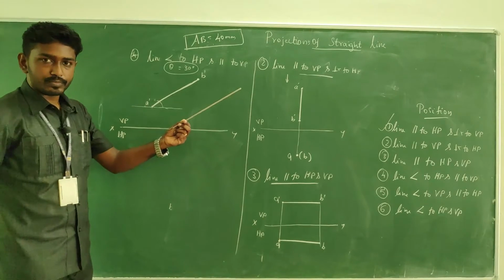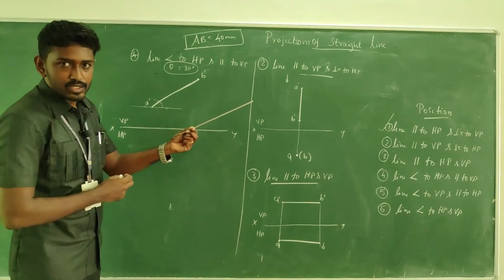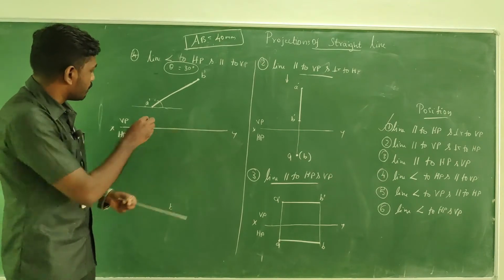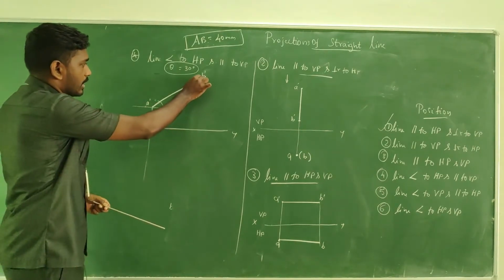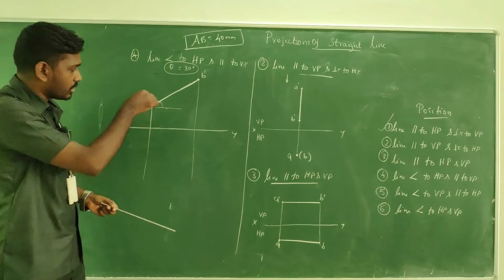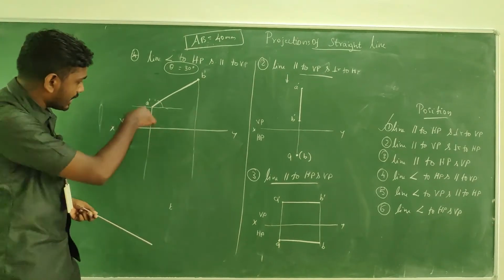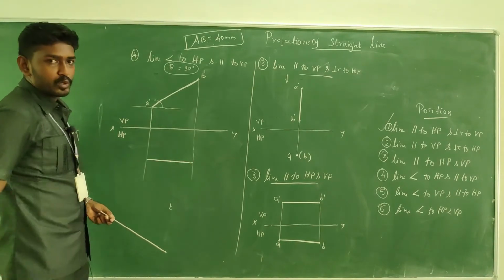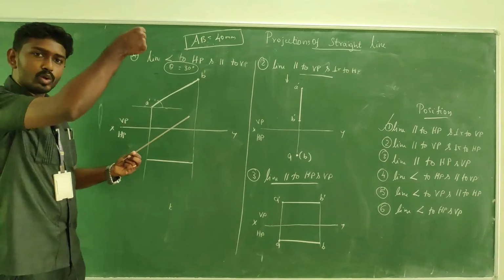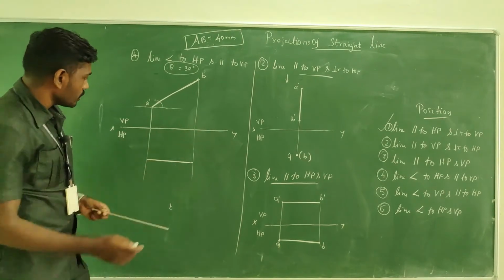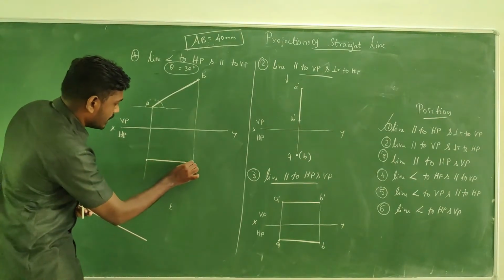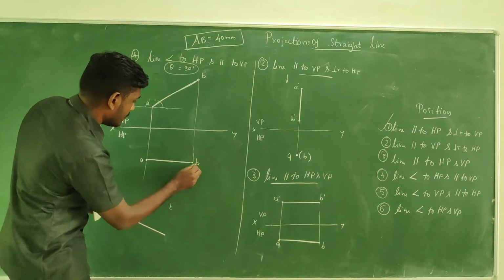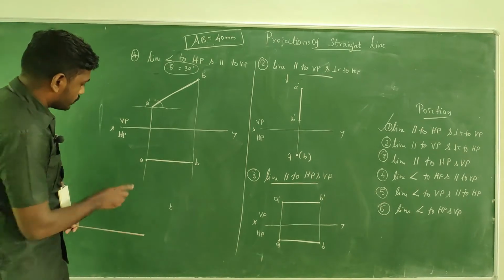So what about the top view? The compressed line will be viewed, right? So we don't need any measurements. Drop a line from each end with thin lines, 90 degrees to the reference line, and if you draw a horizontal line between the projectors, you get the top view line. Fine. This would be the end A in the top view and this would be the end B in the top view.